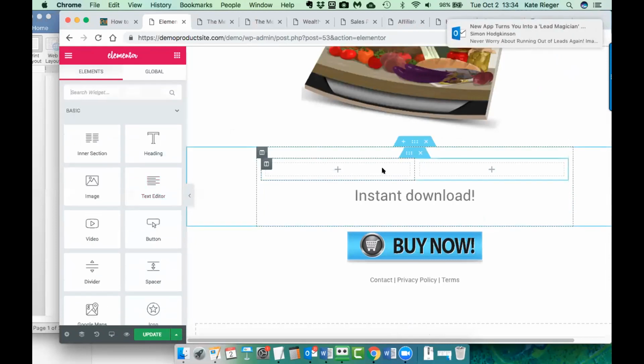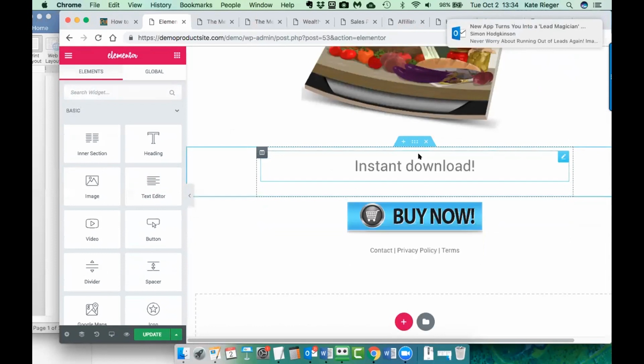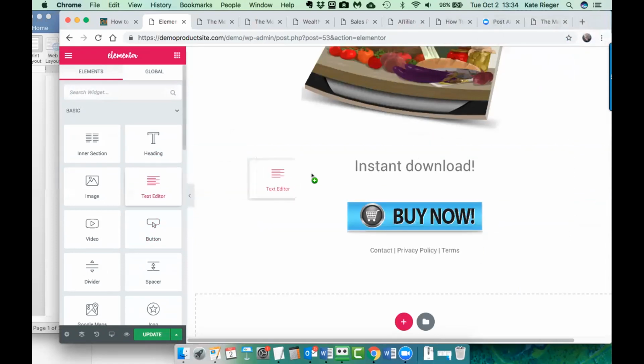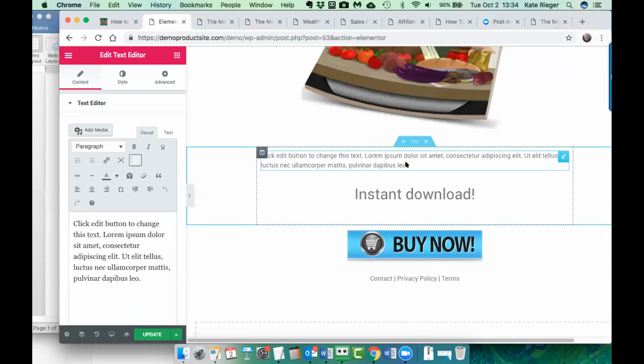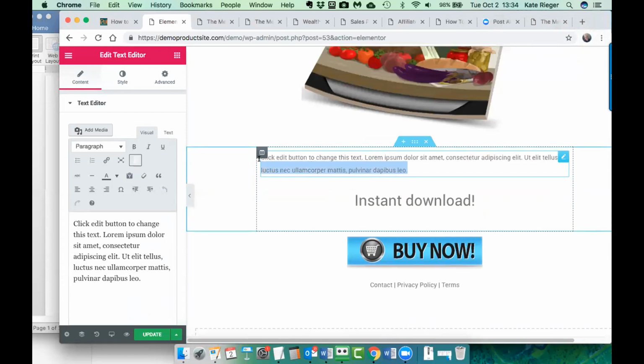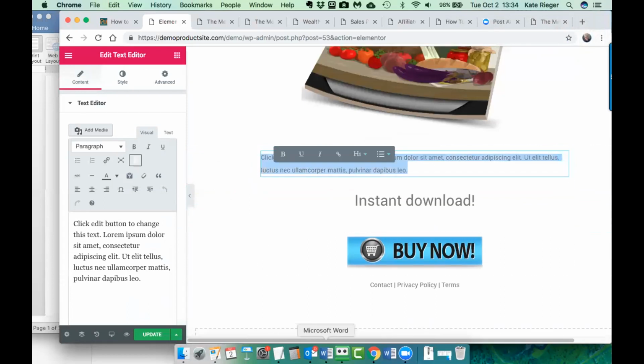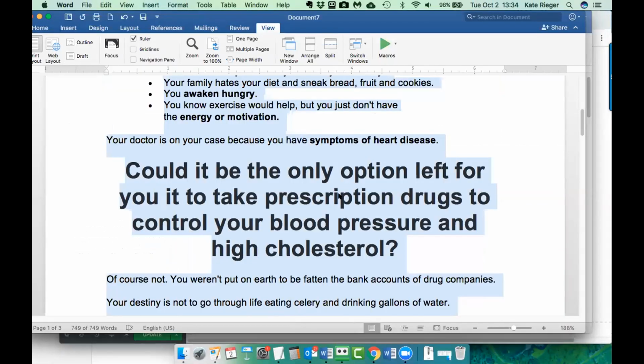It's giving me a 2-column, and that's not what I want, so I'm going to put a text in here. Let's see what happens there. That's what I want. So I'm going to go back to my Word document